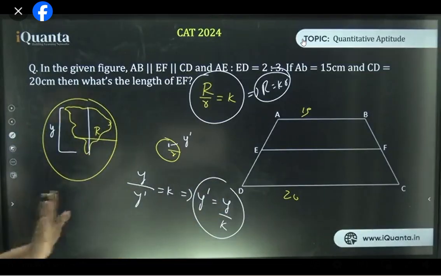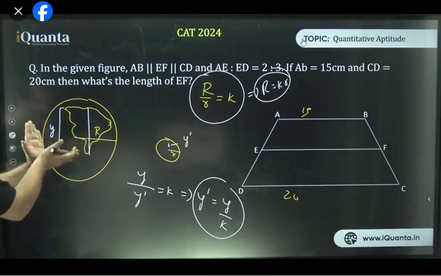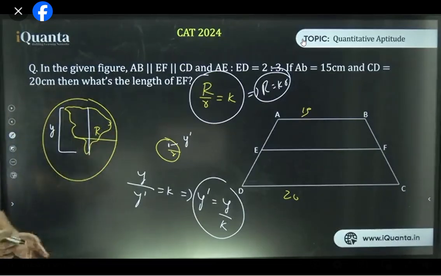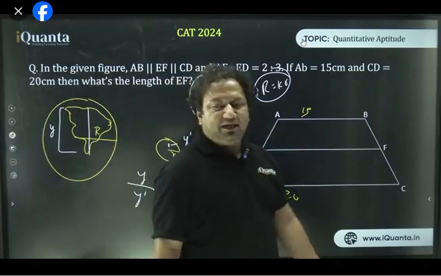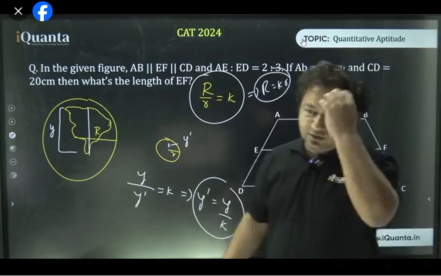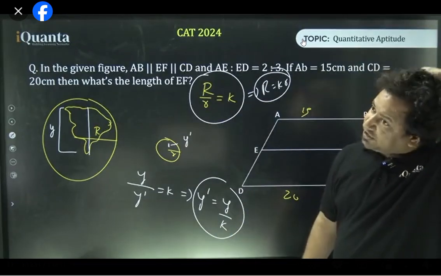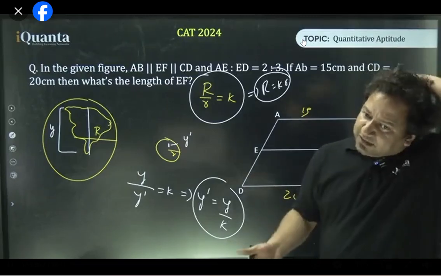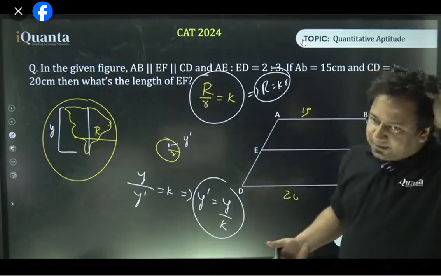Confusion clear, Varsha? So all I'm saying is that in a closed figure, if something gets shortened or elongated, in the similar figure, the same thing happens. That's what you understand. This is what similarity actually means, nothing else. So when we change the size, but not the shape, we get a similar figure. When we change neither the shape nor the size, we get a congruent figure. Is that right?